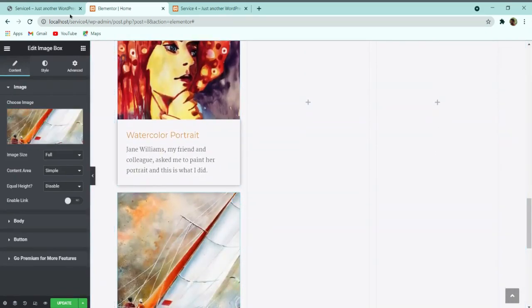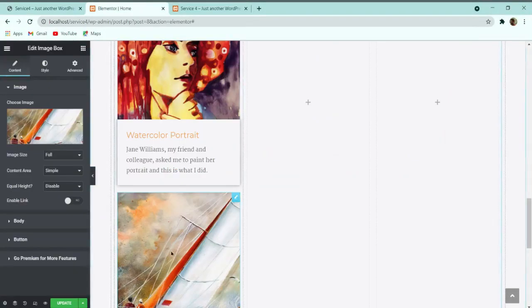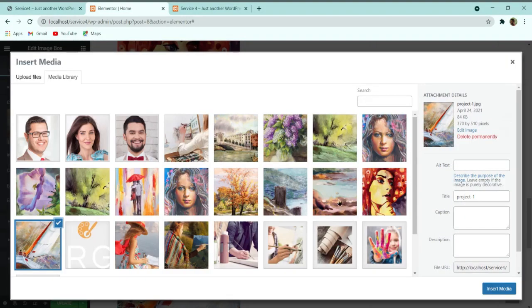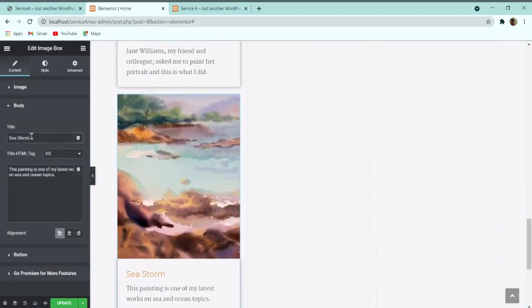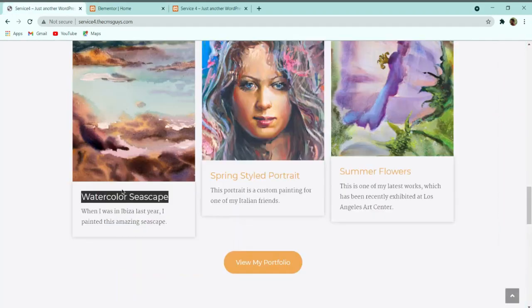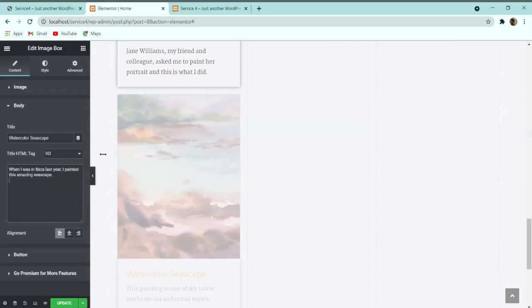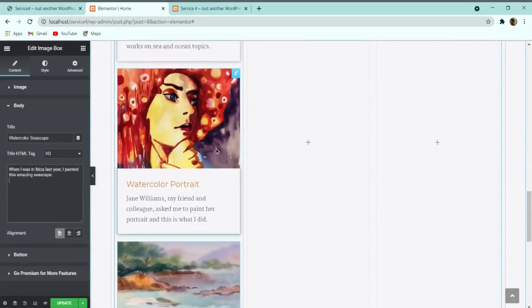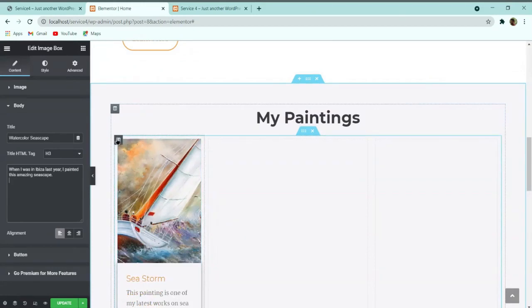And similarly for this section also, I will copy the title part, and first let me change the image. So this one is the image. Click on insert media, and then go to the body, paste the title. After that, copy the description part, and then go to this description part and paste the description. So with this, here you can see that we have completed with a single column.